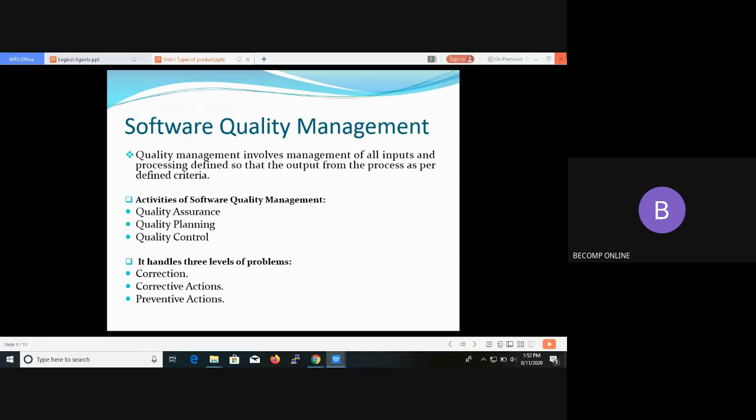So software quality management is a management process which is used to develop and manage the quality of the software in such a way as to ensure the software product meets the quality standard expected by the customer, while also meeting any necessary regulatory and development requirements.